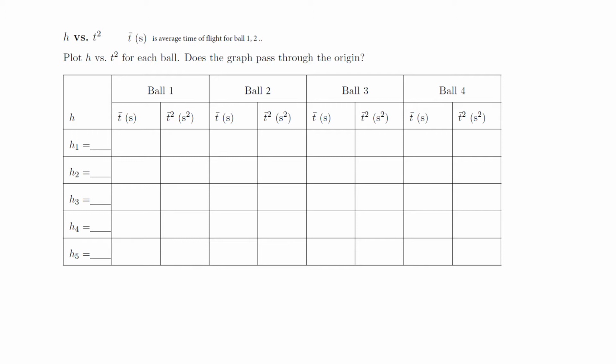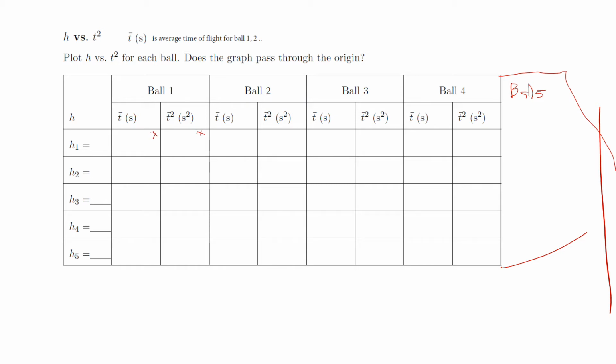4, you can go ahead and add another column, because the fifth column for ball 5 is missing. You can add a separate column to record the data. Right here you can add another column for ball 5. I'm going to show you how you fill this first column and this data point and this data point